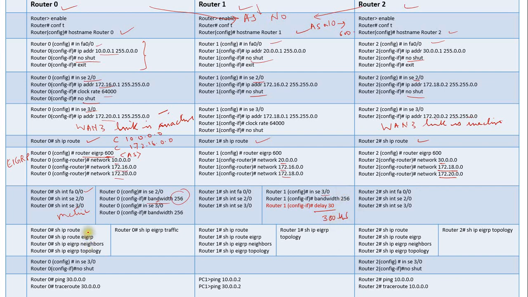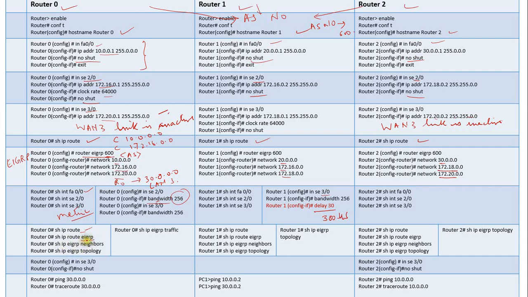Now after doing this, you can analyze the metric calculation from, say, router 0 to the 30 dot network, router 0 to this LAN 3 network, and after that you can check the routing tables using show ip route. Then you can check the paths learned through EIGRP. Show ip route will display the directly connected networks as well as the networks learned through EIGRP.